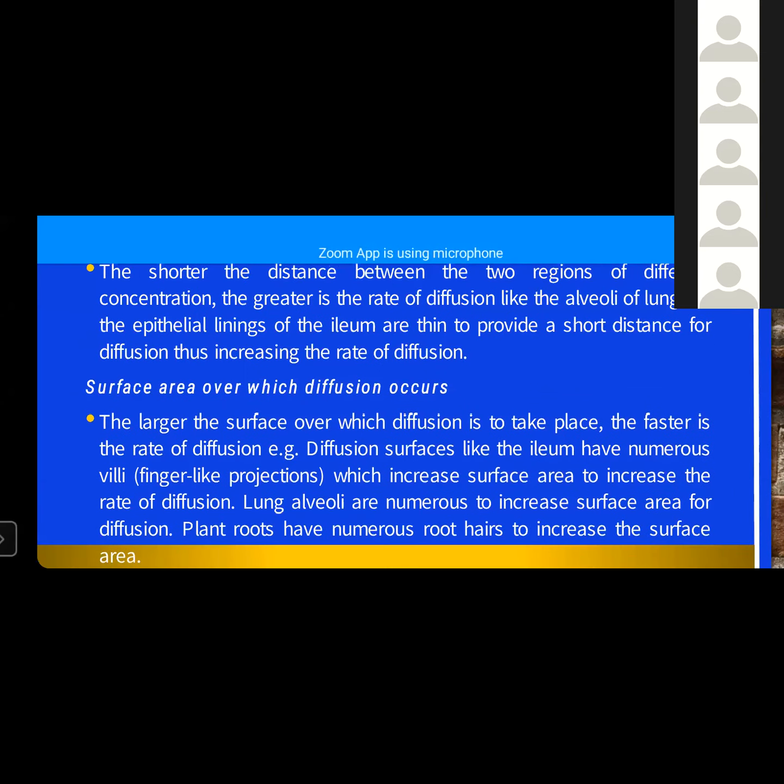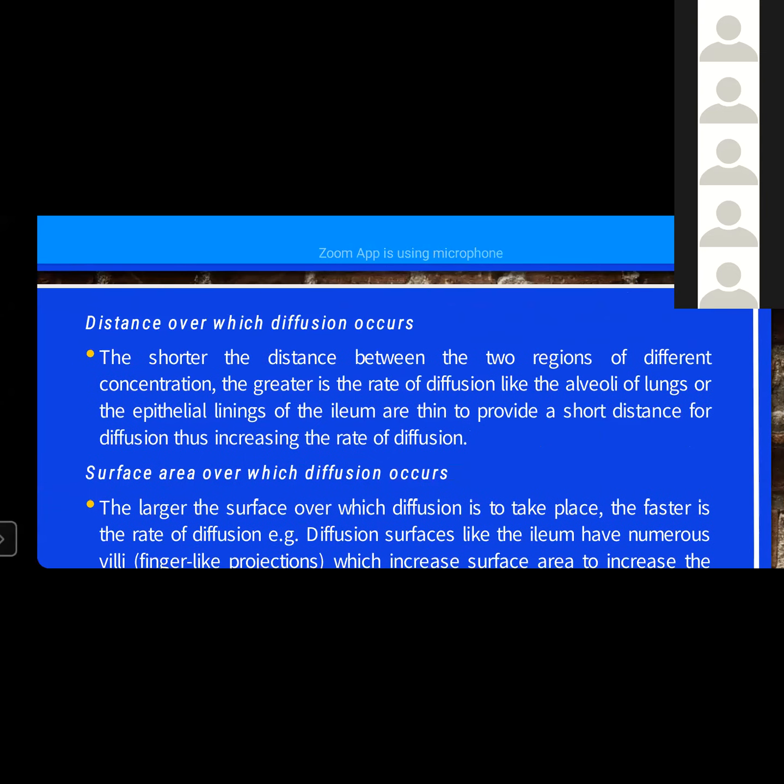So long as there is a difference in the concentration, there will always be movement. Now, when the molecules keep on moving from where they're highly concentrated to where they are